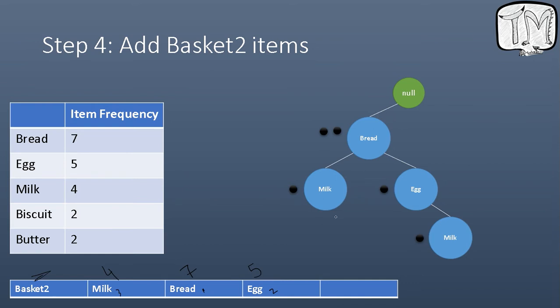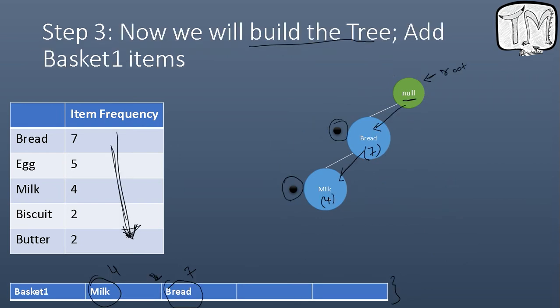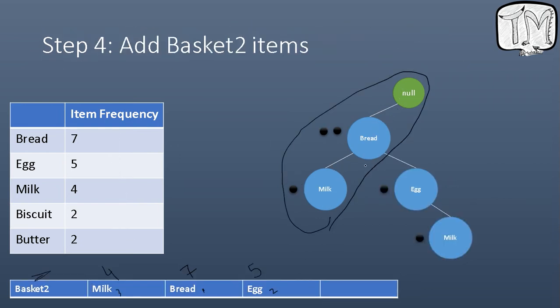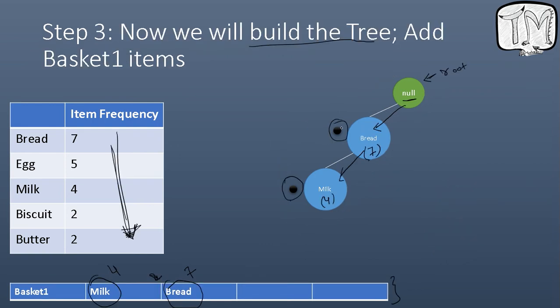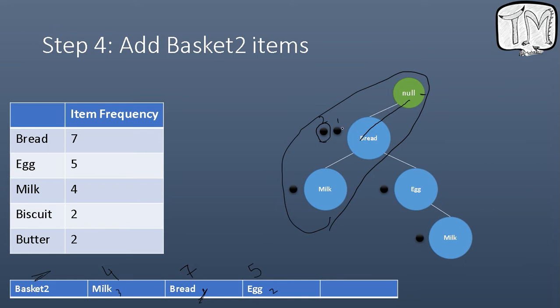Okay, so as you know, this is the tree which already existed. Okay, if we look at the previous, we had null, bread and milk. Okay, now what we did, we started from null again, then we looked at the first item which we had to insert. It is bread in our case because it is the most frequent item. Okay, so since bread already existed, we did not add it again, we just continued down here, and since bread appeared again, we put the second dot here. This was the first dot we put here. Now bread has appeared a second time, we are putting another dot here.